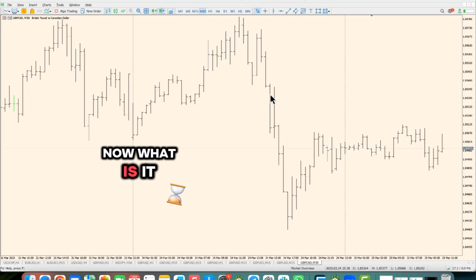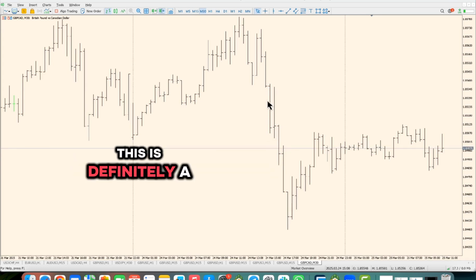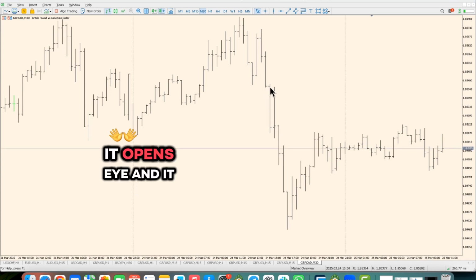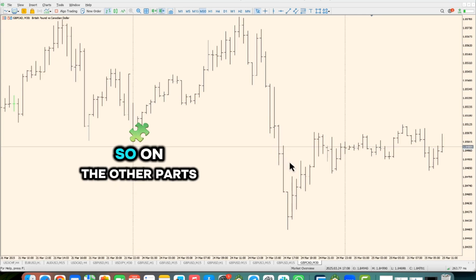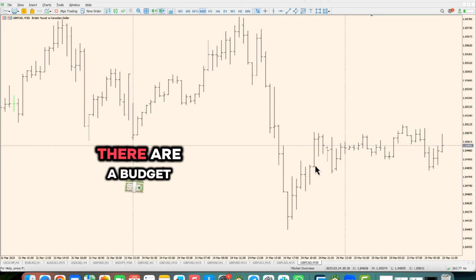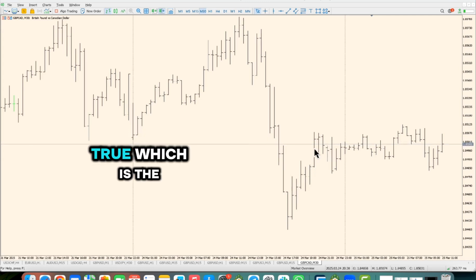Now, when you see a candlestick like this, it is definitely a bearish candle. This is definitely a bearish candle. It opens high and it closes low. Can you see that? On the other hand, when you look at a bar chart like this, it opens at a lower price, then you find the stroke, which is the bar